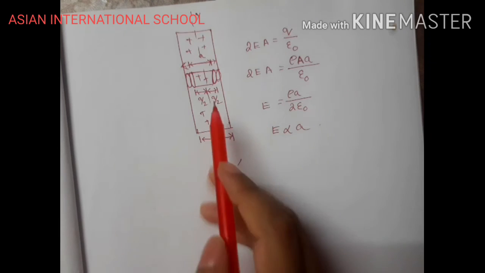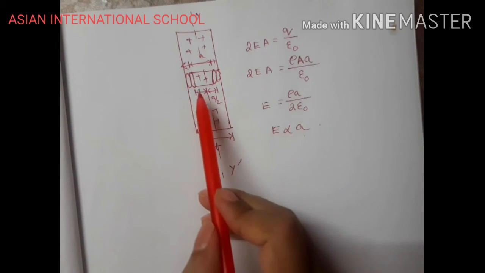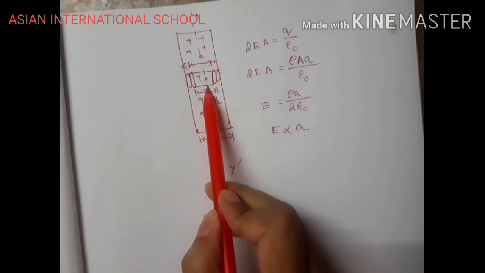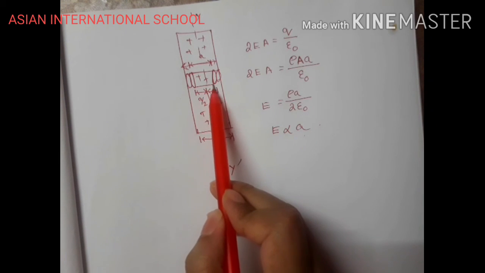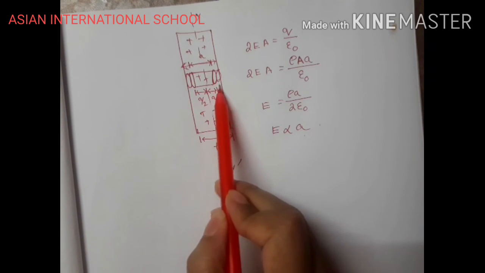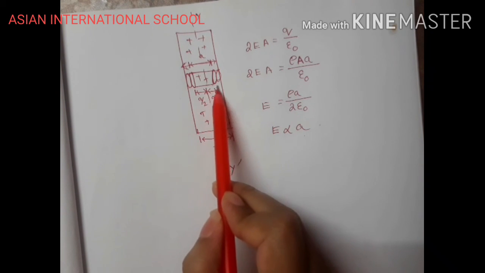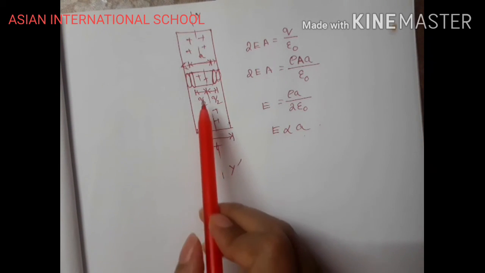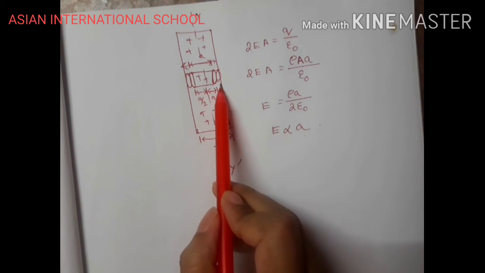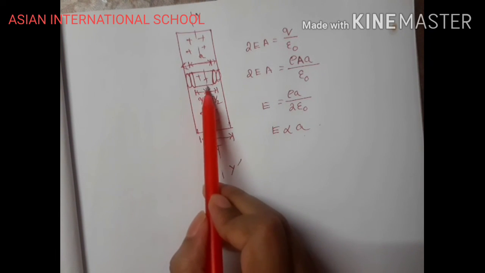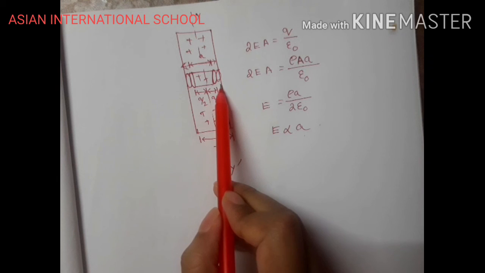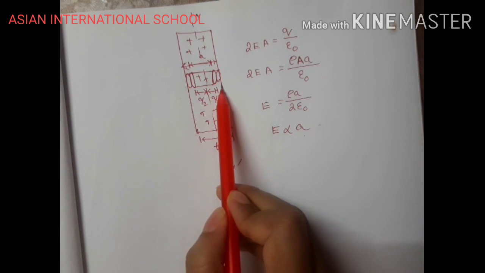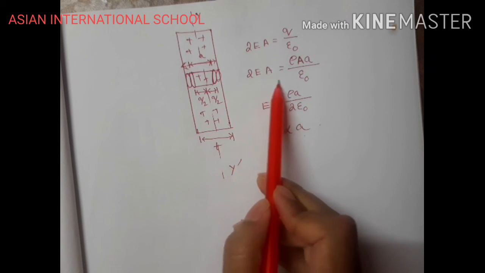So E is directly proportional to A, which means as I go from the central axis and move towards the surface, my electric field will keep on increasing. Here you have minimum electric field, and as you move towards the surface, it increases. Then you come to the surface, it becomes maximum, and after that your value of electric field remains